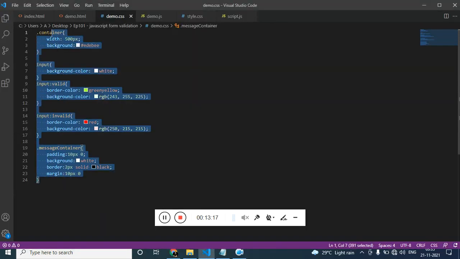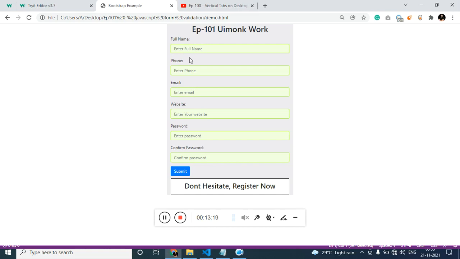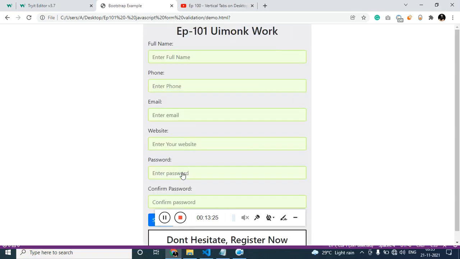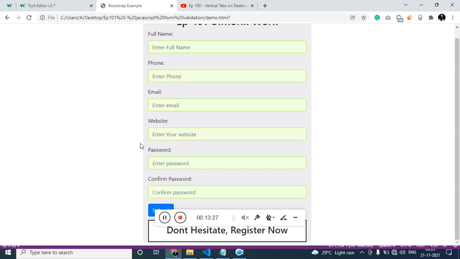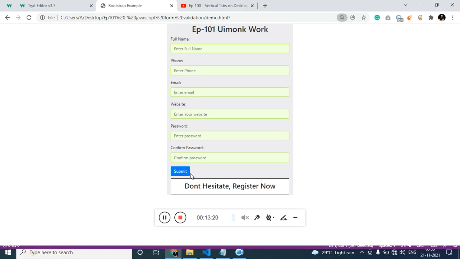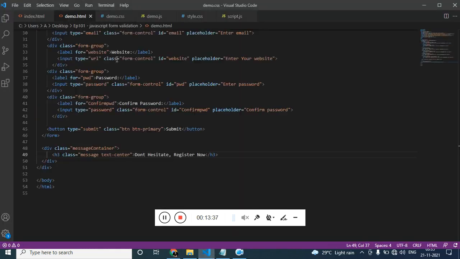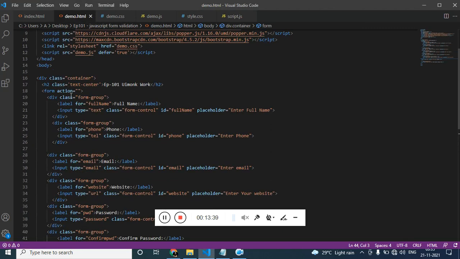Let's just jump into the condition first. Now if I submit, you will see the page will reload. I don't want that. It is because if I click on submit, the data from the input field is submitted to the file which we will mention over here.